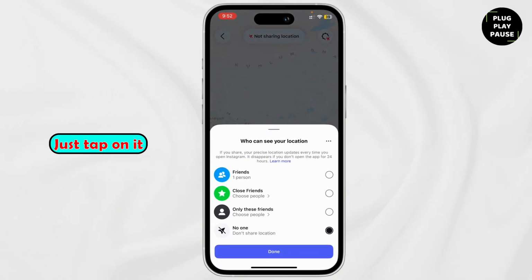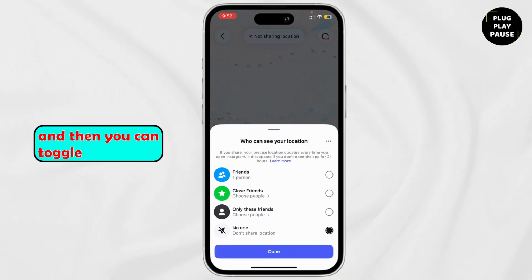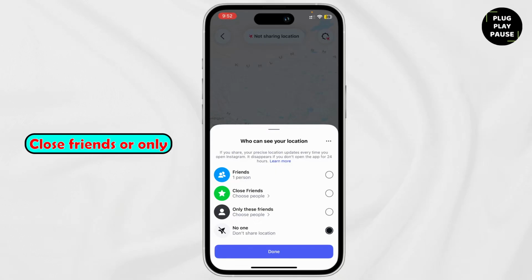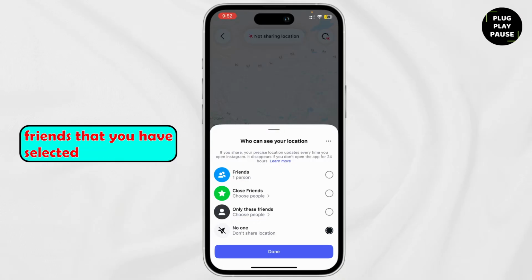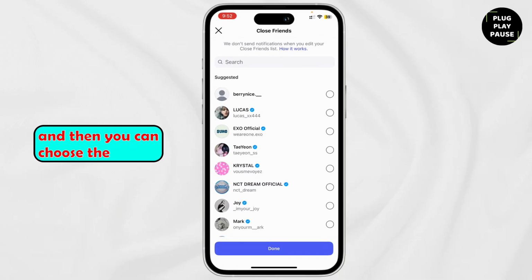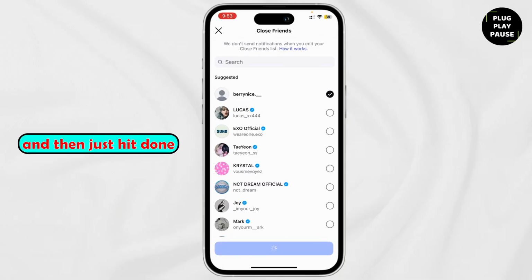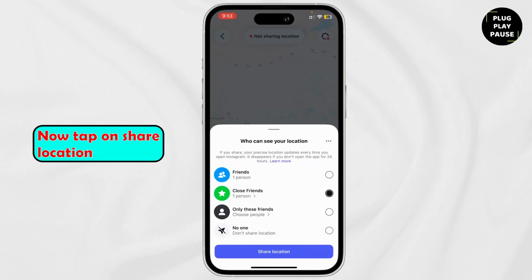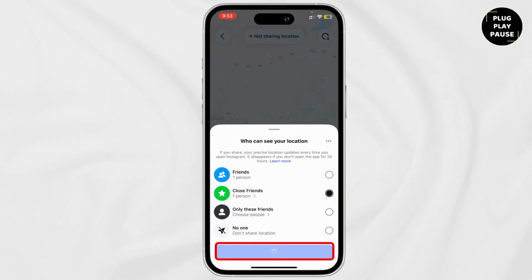Just tap on it, and then you can toggle on the location services, so you can choose to share it with all of your friends, close friends, or only friends that you have selected. So just tap on it, and then you can choose the friends that you want to share it to, and then just hit done. Now tap on share location,